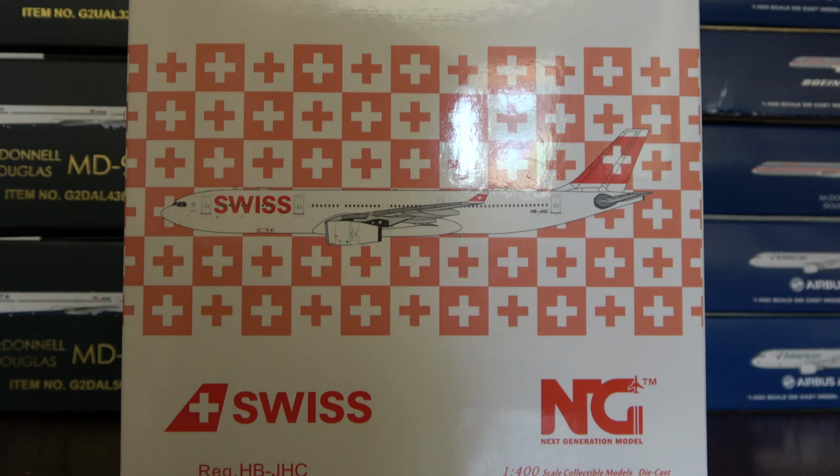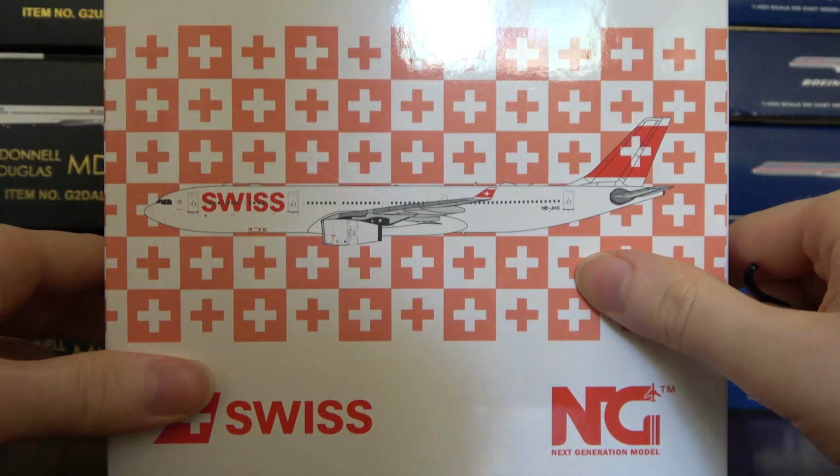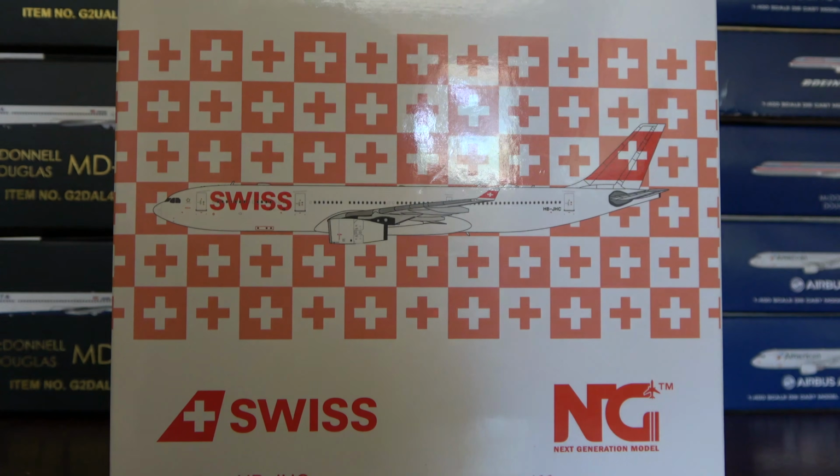The NG Models box on this aircraft is really, really nice. It has a nice Swiss pattern with the Helvetica titles and a lot of other nice features. This box,